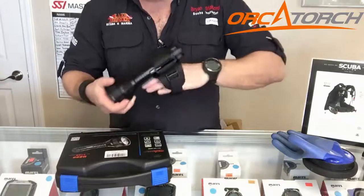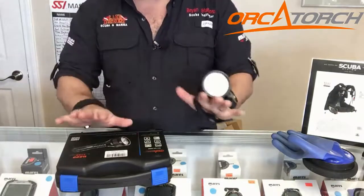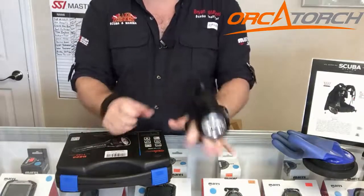The other issue that I had with it is to make it comfortable. If you slide the light all the way back, this is a lot more comfortable for me, and I still got full use of my hands. I can grab on stuff. I can